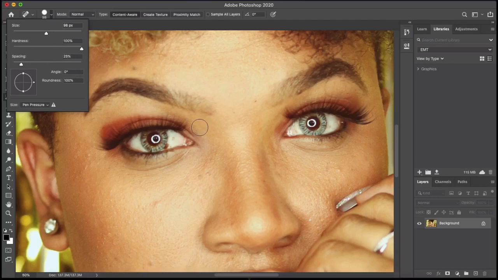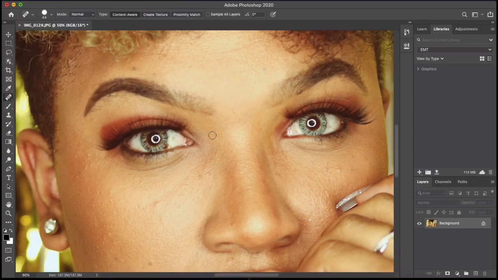But when you're looking at a headshot, you want an editorial, nice, smooth skin, remove the blemishes nicely. So I typically keep the hardness at 100, spacing at 25, and then I will match whatever the size of the blemish that I have. So right here, I see a blemish. There you go. I'm clicking on it, and I'm removing